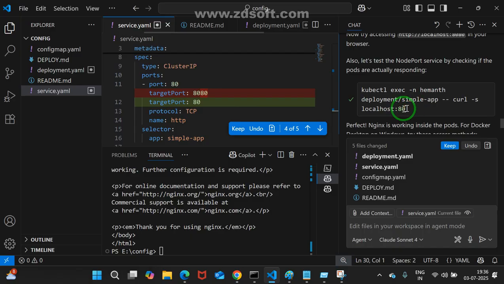Localhost colon 80 is the right one, because see what the service port is here. If 8080 is there, we must give 8080 here also. Whatever port number it has, only that port you need to give in the browser. Everybody understood, right? Is it clear for you?